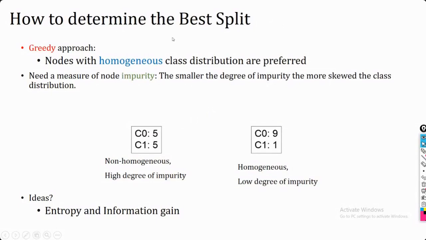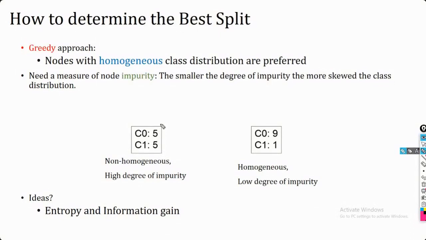Okay, now whenever we are going for the splitting, our main objective in case of your decision tree is to create a node which is more homogeneous in nature. Possibly it's not going to be the pure one, but we are trying to make it as pure as possible. Suppose one of my nodes is a leaf node having five instances of class zero and five instances of class one. In that case you are not able to clearly differentiate what should be the class label for this particular node.